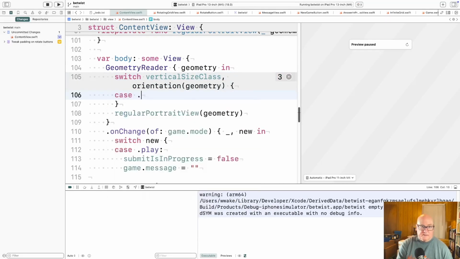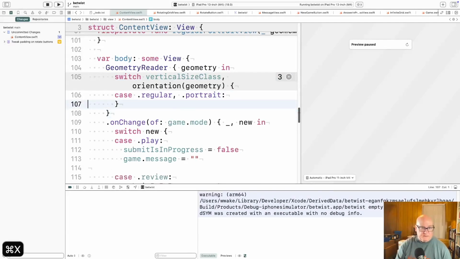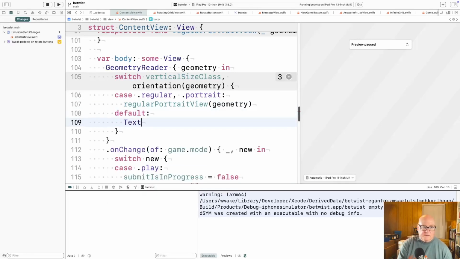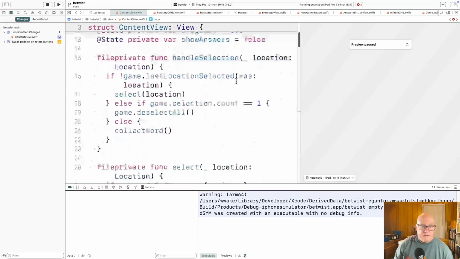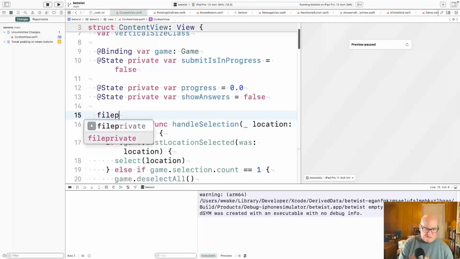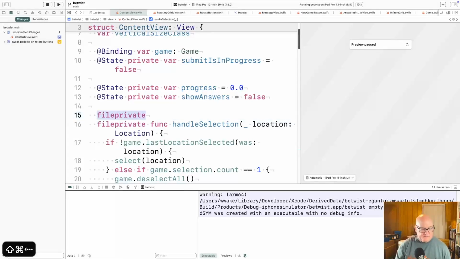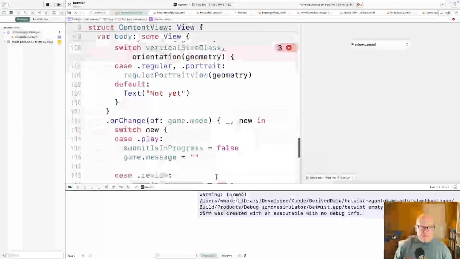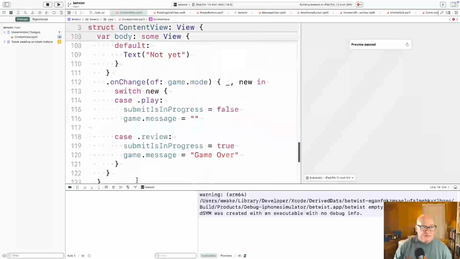In this case, regular and portrait. We're going to do this. And default, I'll just say text not yet for now. All right, now orientation of geometry is a helper. And I think I'll put him here. Yeah, maybe I'll move him down. I'd kind of rather read top down. All right, so